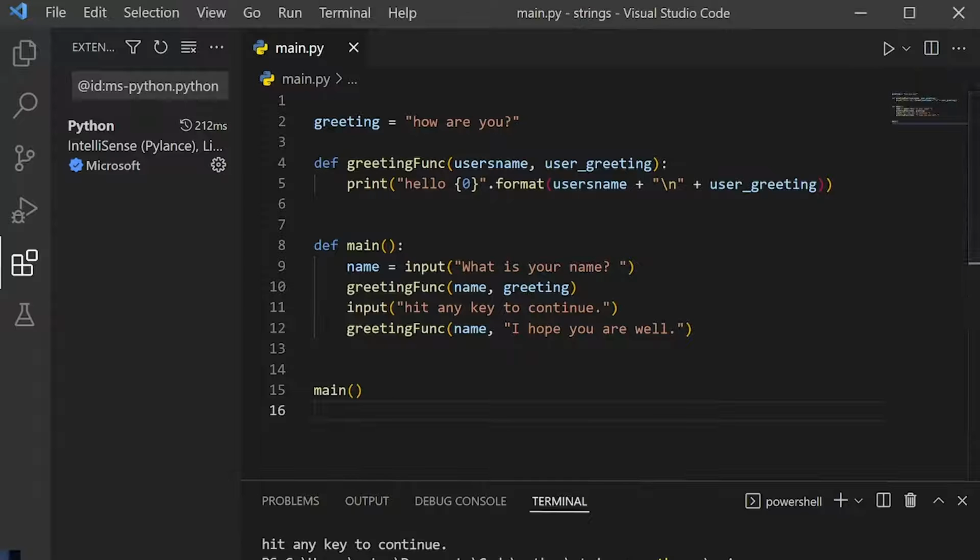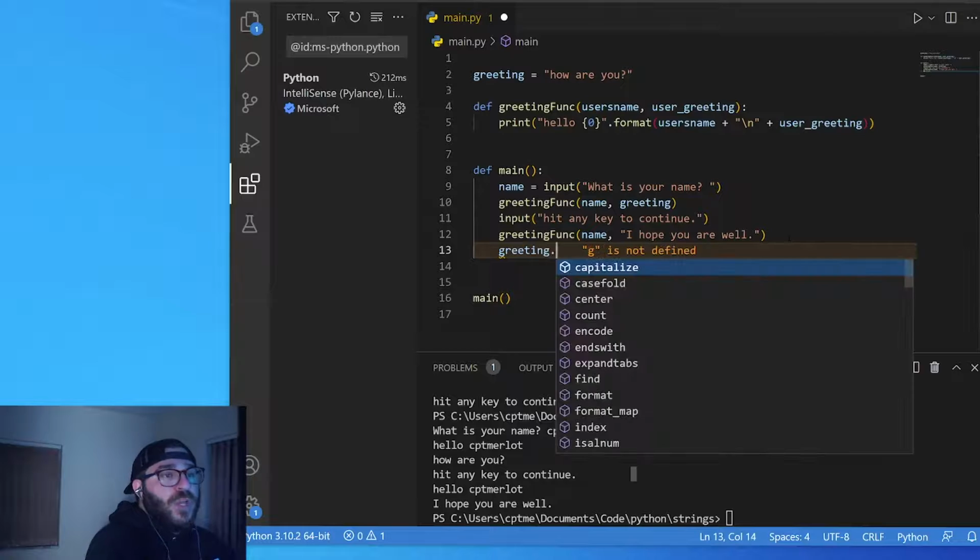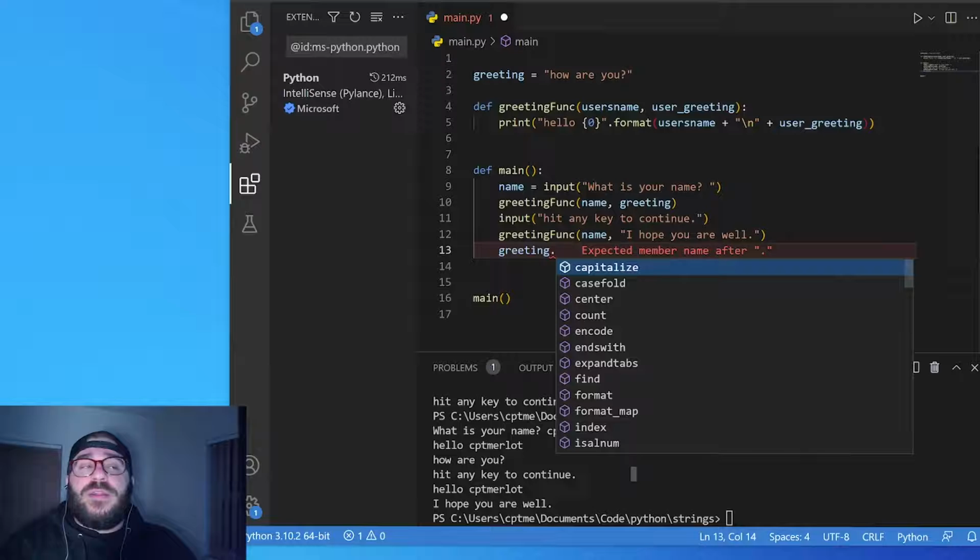All right, cool. So now that we have our basic functions down, I want to talk about some basic types in Python. So Python's a little weird. Almost everything is an object. Strings are technically an object. And what I mean by an object is when you have something like greeting, for example, it has methods on it. A string is actually considered a string object. And if you don't know what objects are,